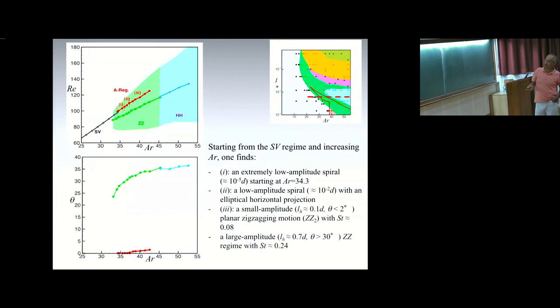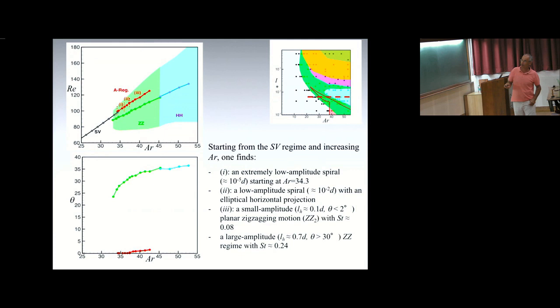What you see on this graph is the instantaneous Reynolds number of the disk. So you can think about it as if it were the instantaneous vertical velocity of the disk as a function of the Archimedes number. Of course, the two extremities correspond to the extremities in the motion of the disk. Starting from a low Archimedes number here, we are first in the steady vertical regime, so the disk is simply falling like this. And at some point, increasing the Archimedes number, we enter this red regime here,